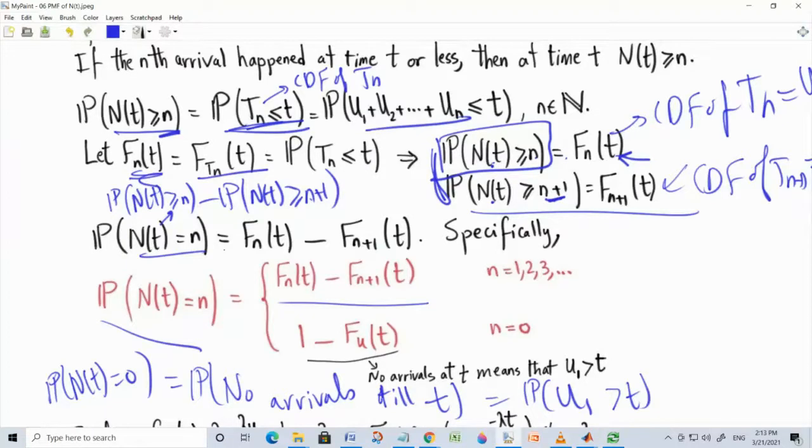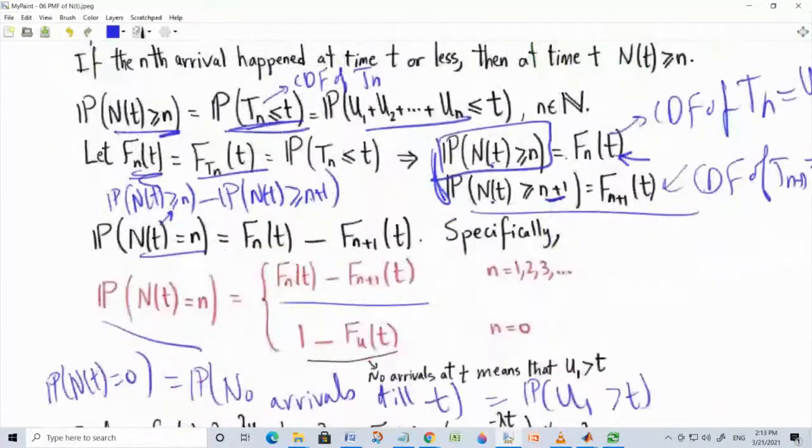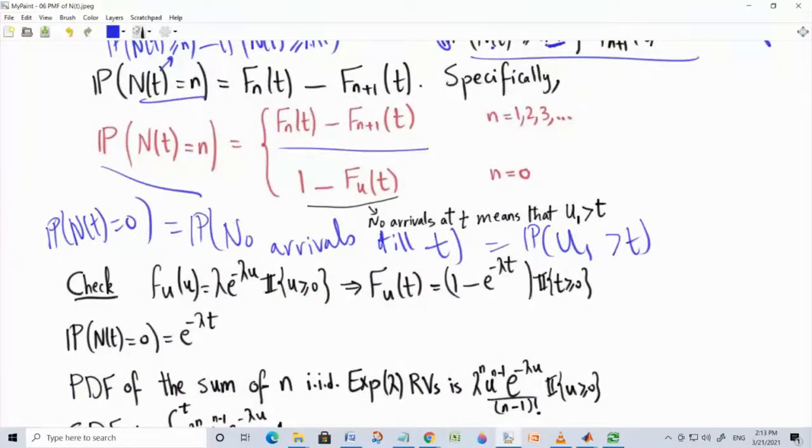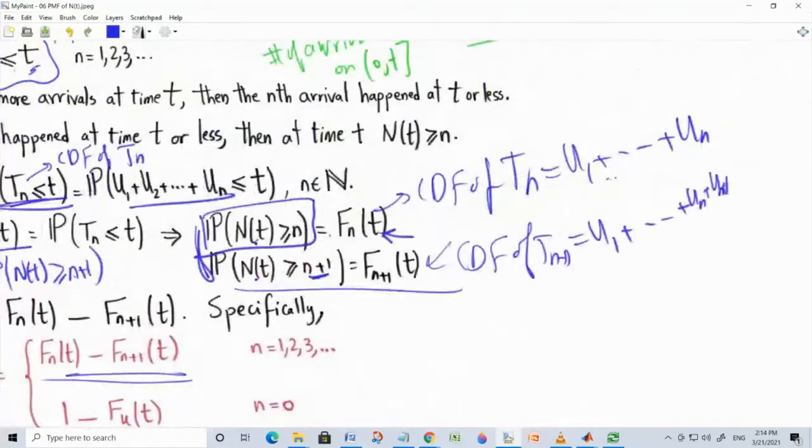Okay, so that is the PMF, and whenever you study renewal processes, it's always a nice exercise to check whether your result as a special case will give you what you know about the Poisson process, right? So in a Poisson process, basically the interarrival time is exponential. So the interarrival time is exponential lambda. And now, what if we compute this for a renewal process in which the interarrival time is exponential? So we need to know the distribution of n IID